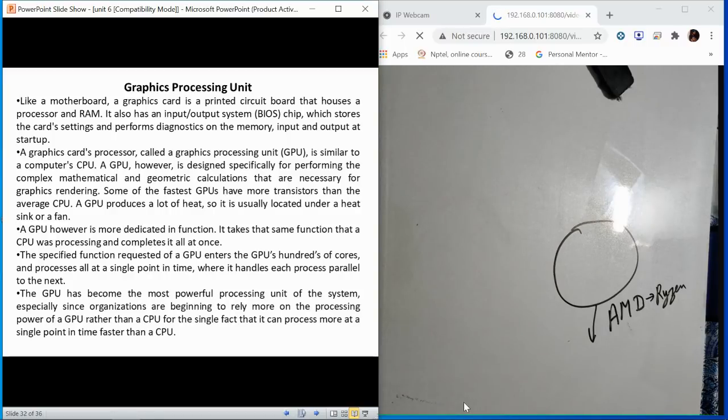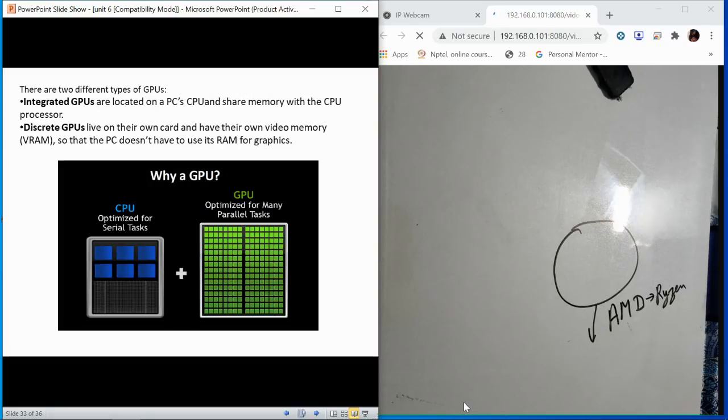So this is what we have in GPU. You can search about it, you can read about them, what it does, how it performs the task. There are two types of graphic cards, as we discussed. There is an integrated GPU, which is directly in the CPU and shares the memory with the CPU. Intel HD integrated graphics are there if you talk about Intel.